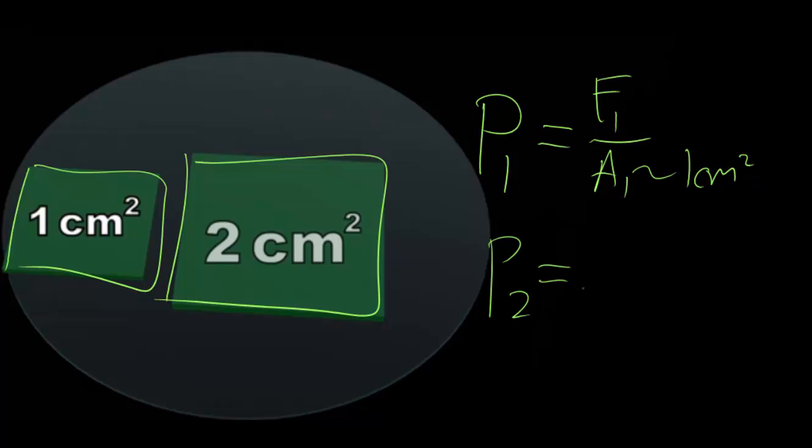We know the force on the bigger square is just twice the force on the smaller square because twice as many particles are bouncing off of it. So we have 2F1. And the area is also twice as big, so this is 2A1. Cancel out the 2's, this is just F1 over A1, which is the same as the pressure on the smaller